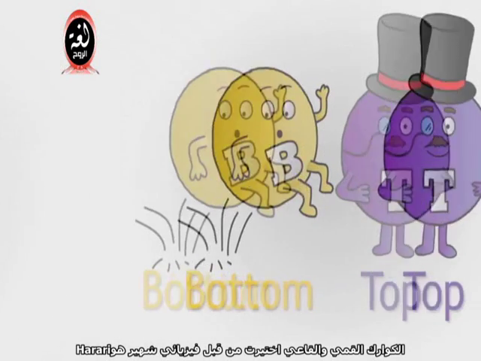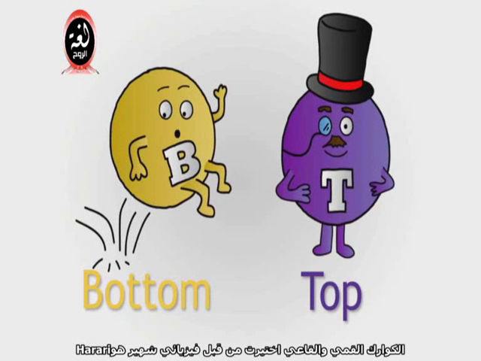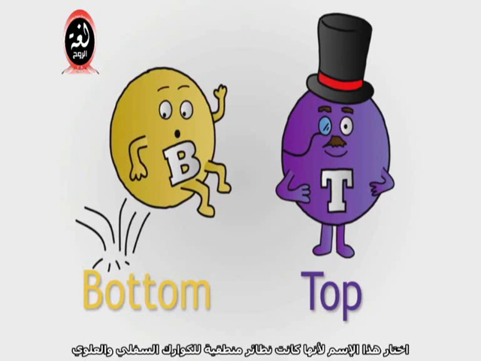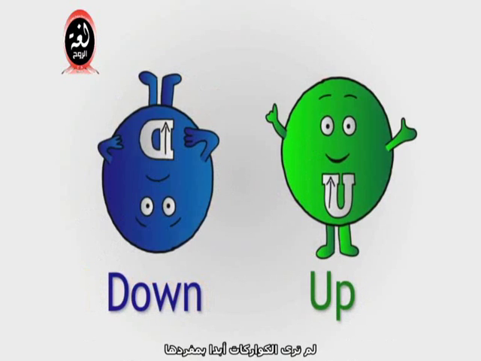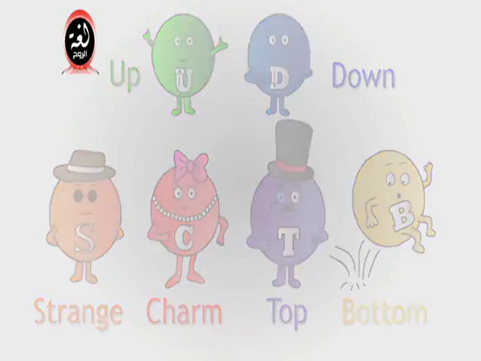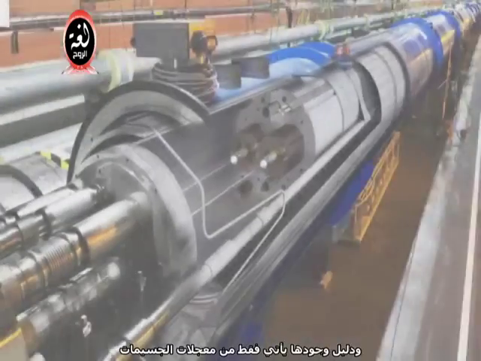Bottom and top quarks were chosen by a famous physicist called Harari. He chose the names because they were the logical counterparts of the up and down quark. Quarks are never seen on their own, and the evidence for their existence comes only from particle